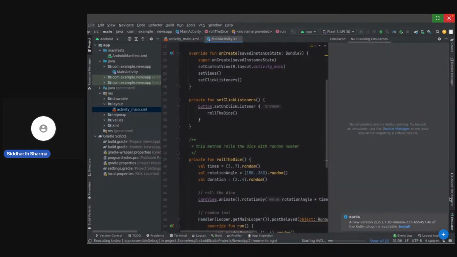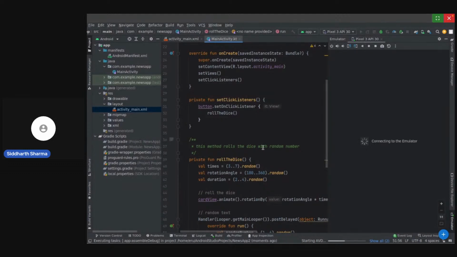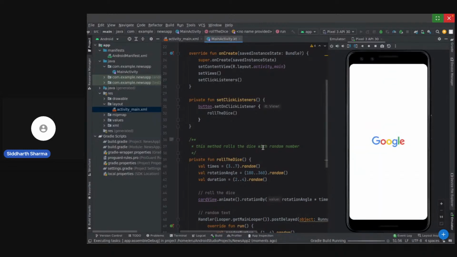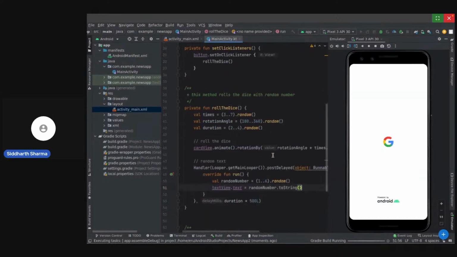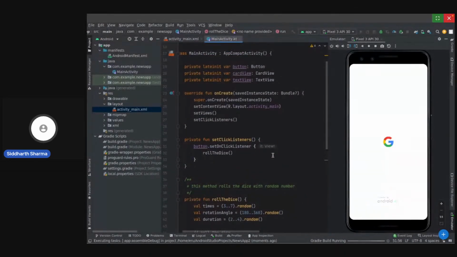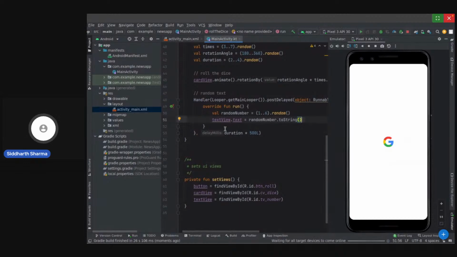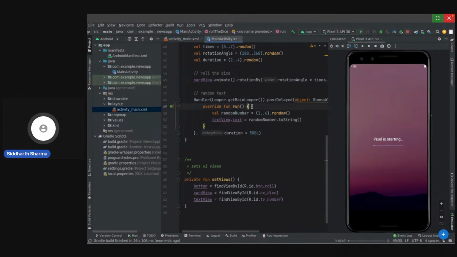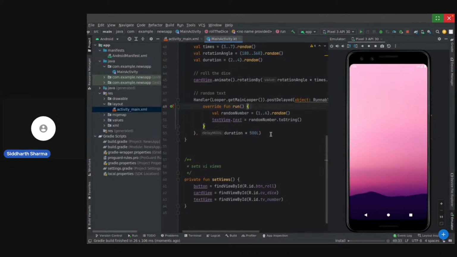Let's just try to play this. So the expected output is that the dice will roll for between 2 to 4 seconds, and at exactly half of that time, a random text will get set.